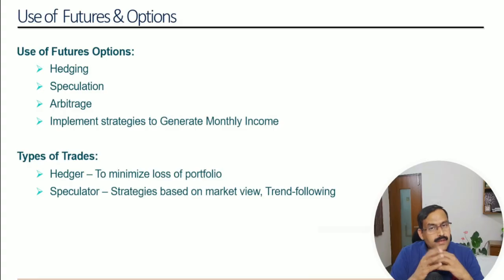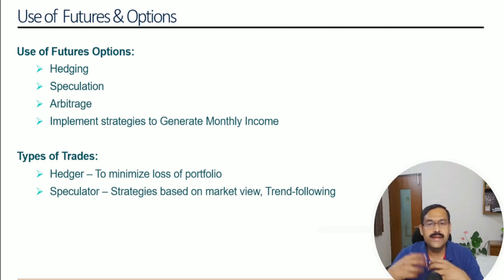Don't worry, we will look into what is call option, put option, in the money, etc. a few moments from now. The main uses of futures and options are for hedging, speculation, arbitrage, and implementing strategies to generate monthly income. In fact, when futures and options were introduced way back, the main purpose was to provide a feature to hedge against the assets that people own. What is hedging? Hedging is nothing but taking an insurance against the asset that you own for the price fluctuation in the market. Eventually, they became more popular and people started using it for other reasons.